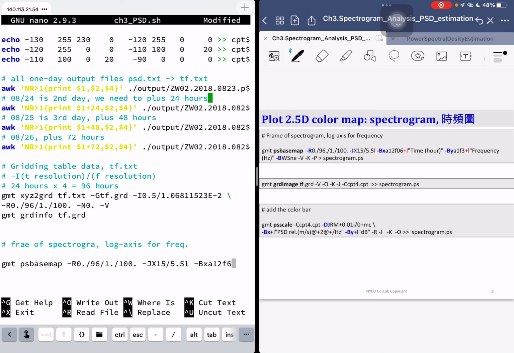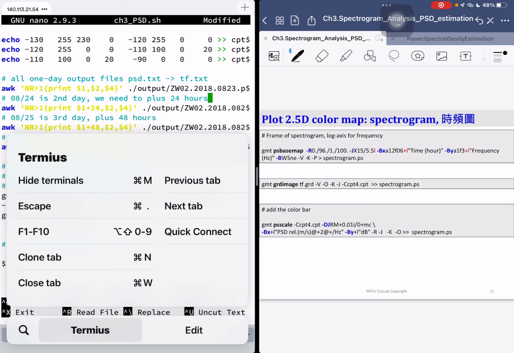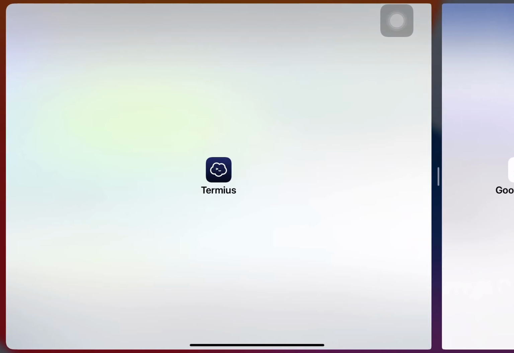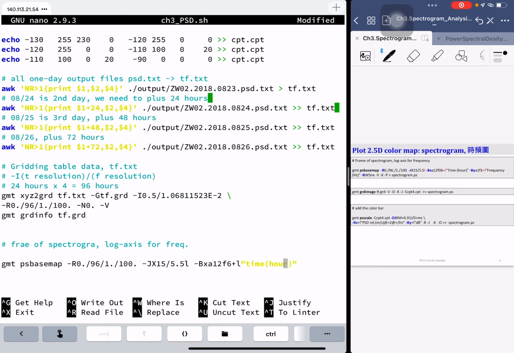And then I add the label, so I use +l. It indicates I added the label. The label here I use time. I don't have N, so copy. And TIME, the time, and we have the hour, right? The unit is the hour. So the space is not enough, so I use this. And then another